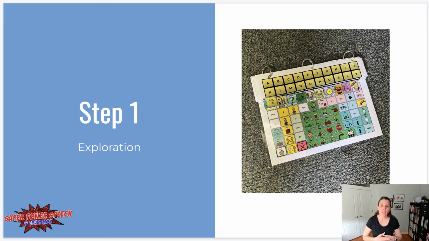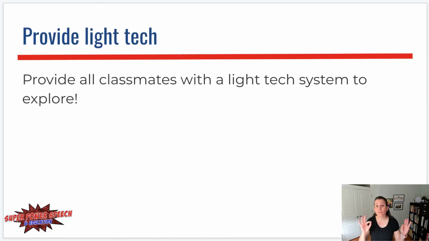What we're going to do is we are going to provide light tech communication systems to everyone in that class to explore. And you're like, what? What does that mean? So, if your AAC user is using one of the common commercially based high-tech AAC systems, then chances are pretty good that out there you can find on the internet a paper-based, one-page or multiple-page copy of that system. I know that Saltillo offers it just on their webpage. You can just look for downloadable boards to look like yours.